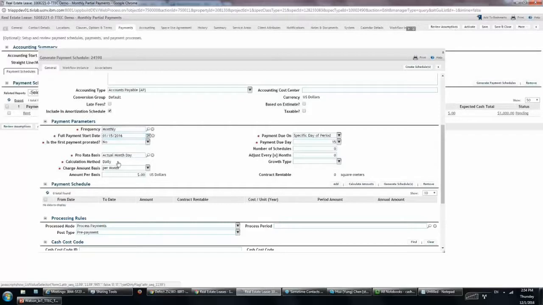I would say yes, because there could be a lease that starts full payment on the 15th, but I move into the lease like 5 days before. So let's say I have prorated days of 5 days. So I move in on the 10th of that month,